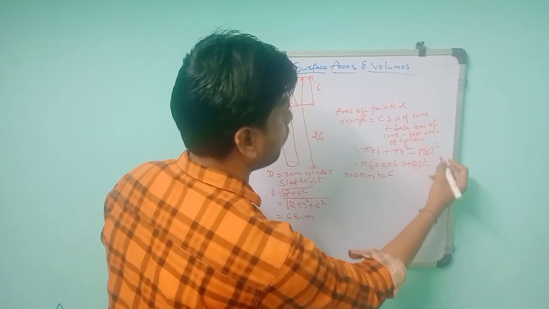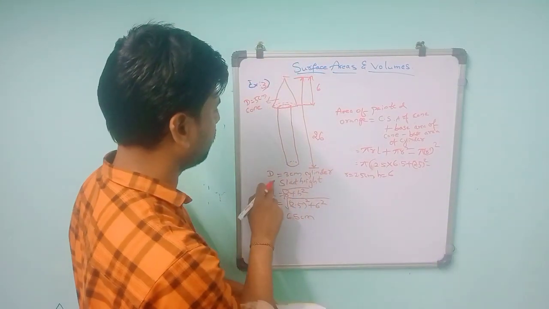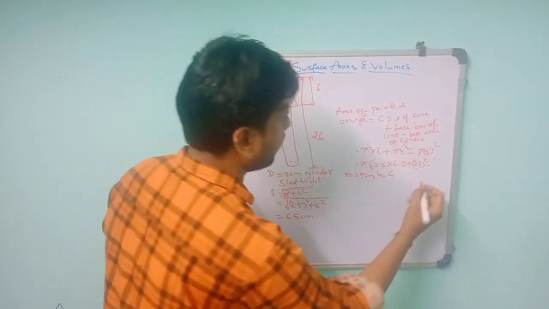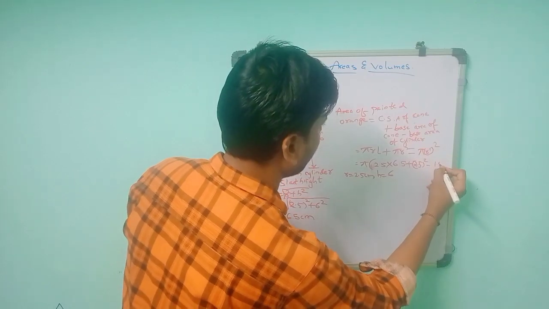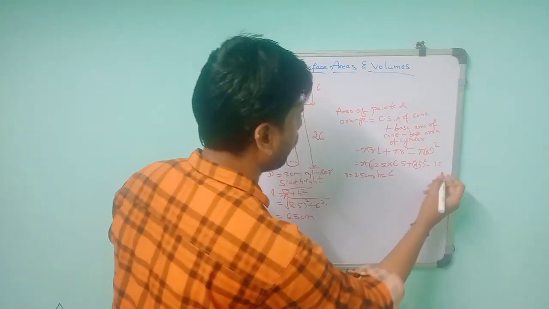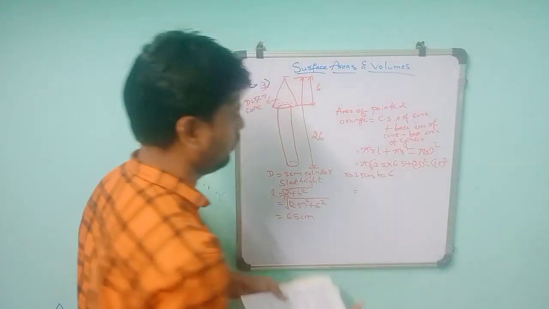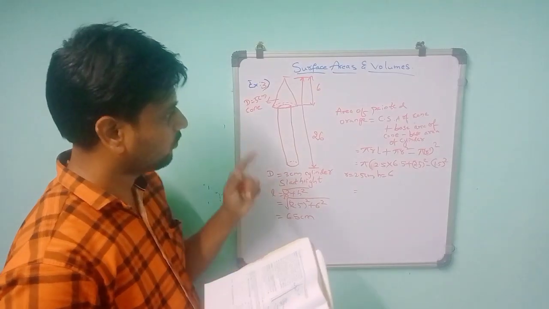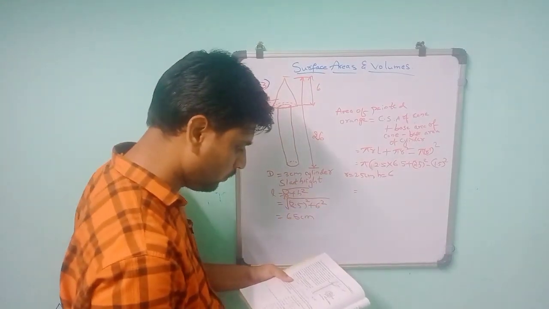Then minus pi is taken common. R dash means this one, the second one. It is the base area of the cylinder, that is pi r square. That R value 3 means 1.5. So half of 3 is 1.5. 1.5 whole square. This will give you pi into 2.5 into 6.5 plus 2.5 whole square minus 1.5 whole square. This will give you the answer